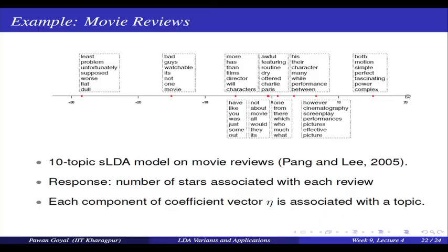So, what do you see here? On the higher side you have words like both, motion, simple, perfect, fascinating, power and complex. Perfect and fascinating are nice words coming on the higher side, and here on the lower side you have least, problem, unfortunately, supposed, was, flat, dull, and you can immediately see they are like negative reviews. So, they are coming with a very low negative value, and this very nicely also puts your topics on a scale of minus to plus. This was not available earlier. Earlier you had different topics, but you did not know whether a topic is for a positive or negative rating. Now you can also find out from your model itself,